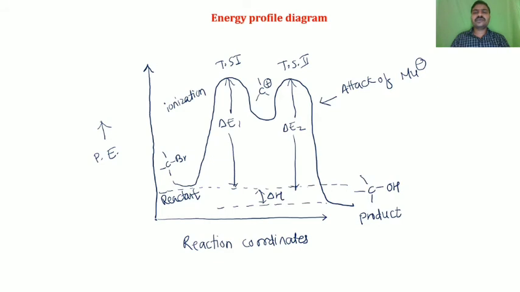Now the energy profile diagram. So this is the energy profile diagram of SN1 reaction. So here the reactant is present. Now this reaction undergoes ionization and then forms the carbocation as an intermediate, which is a stable one. So energy goes decreasing, and then the nucleophile attacks this carbocation from both sides, and then this transition state collapses into the product. So these are the reaction coordinate and potential energy.